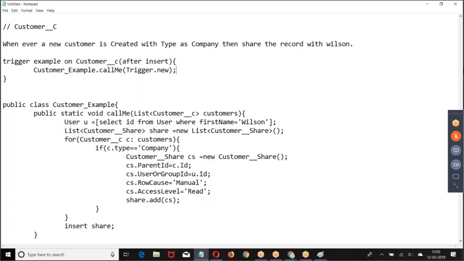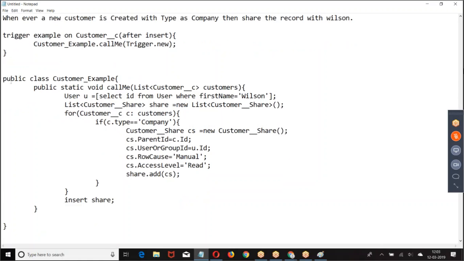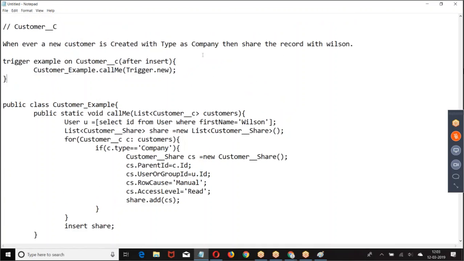I hope you are good with this. Right, boss? Let us get into the next one. I hope you are good with this example.